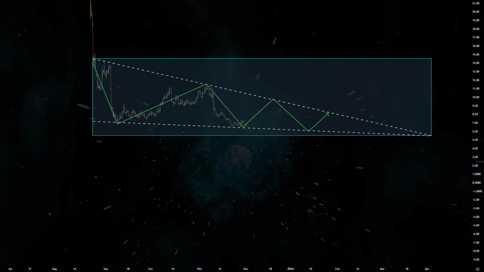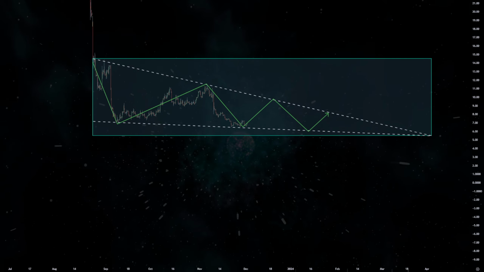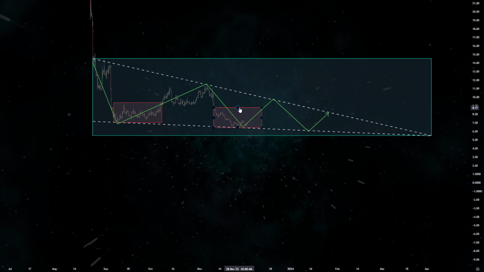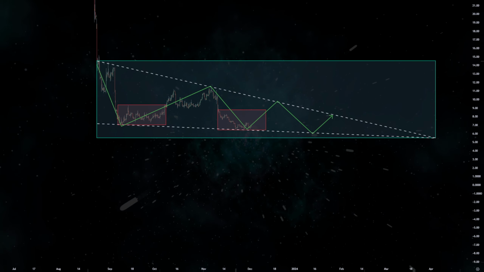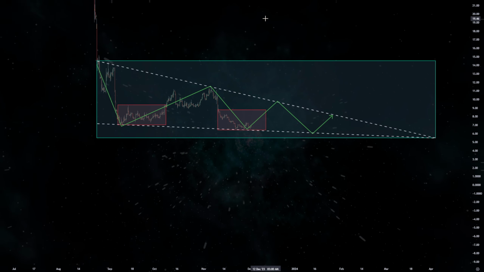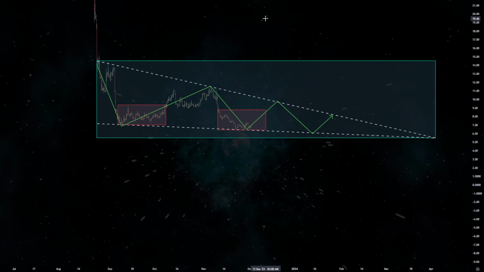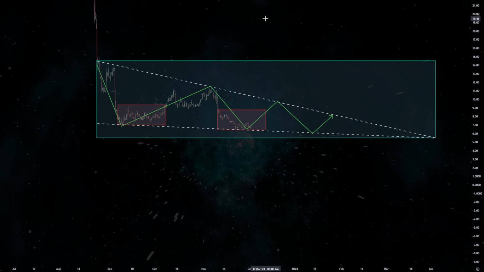Well, this is where we're going to take a look at patterns. But first, I'm going to show you guys 2 sections here that we're tracking. These are theta burn sections, little phases in accumulation with options in the option chain. What stocks do when they have an option chain is these market makers,